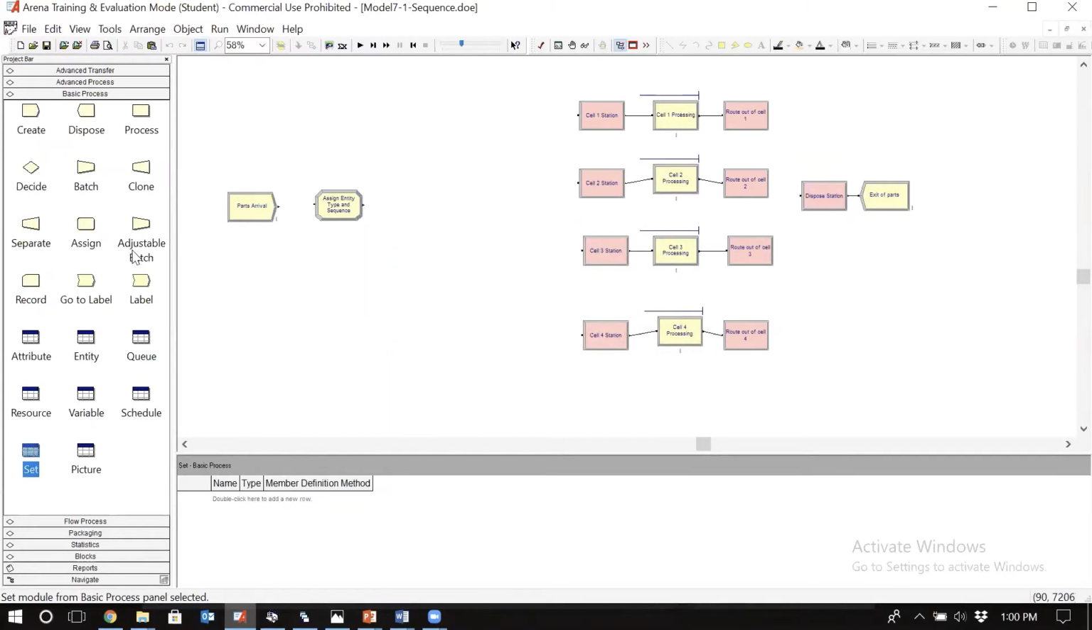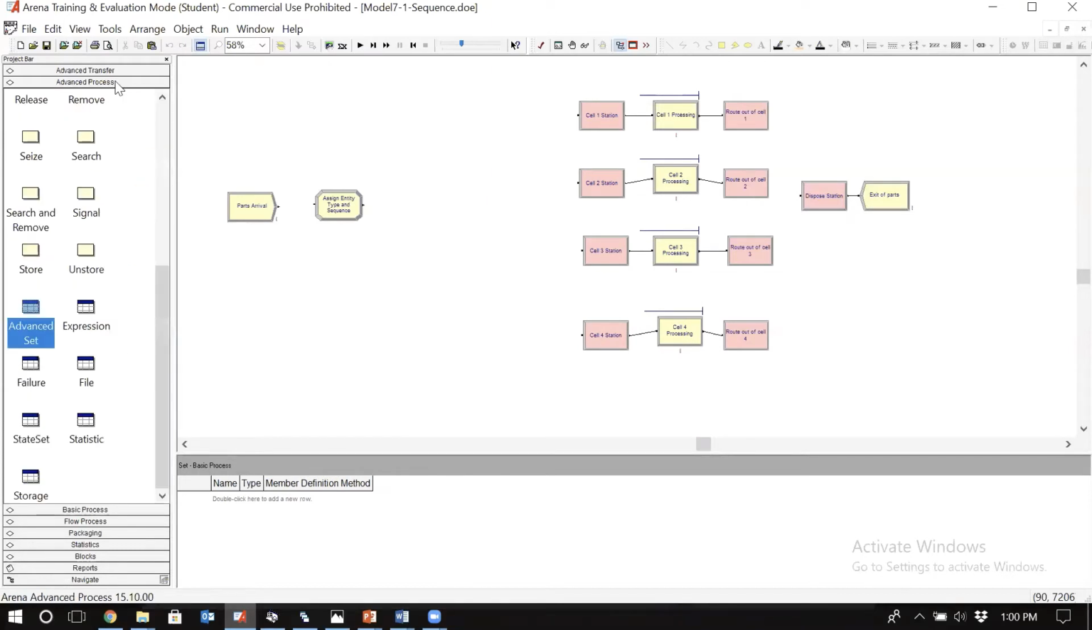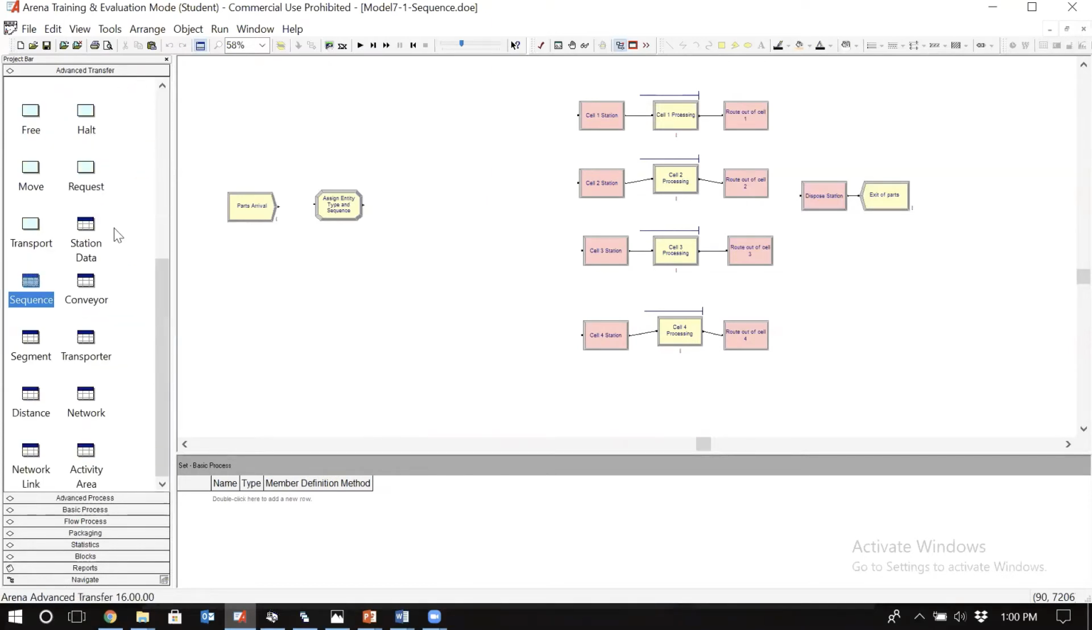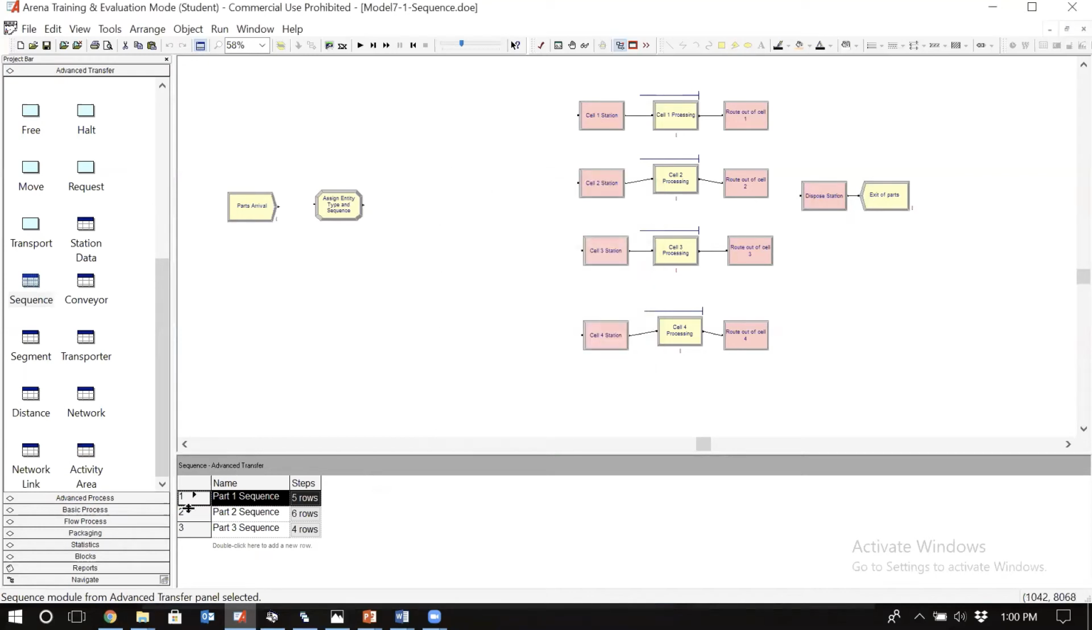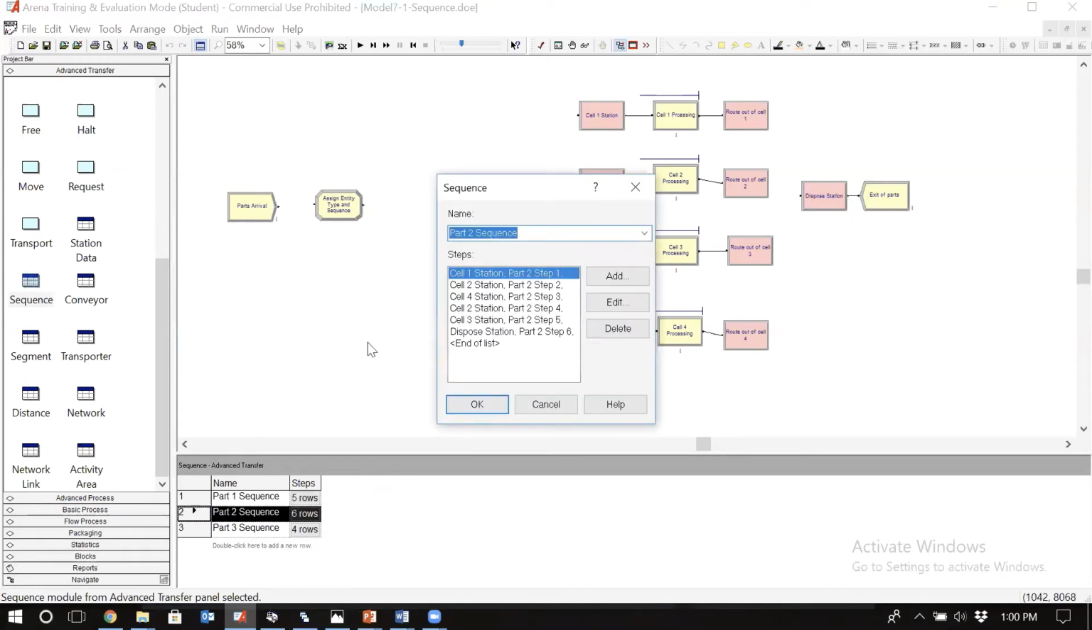So for example, I can go to advanced transfer, click on the sequence. Here is the name of the first sequence that I created, right? That I had copied. Here is the name of the second sequence that I created. I copied that, and then I go back